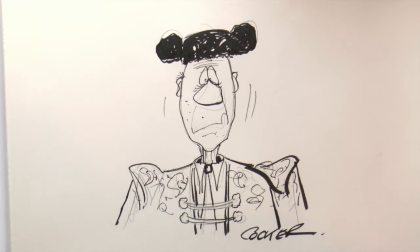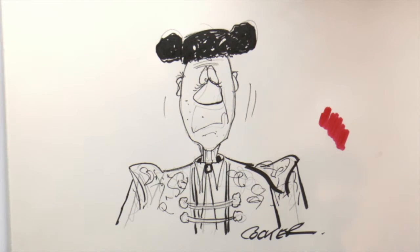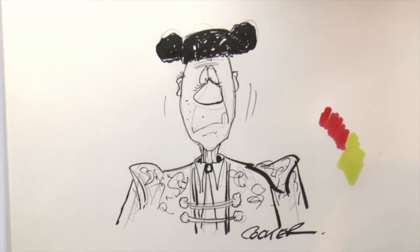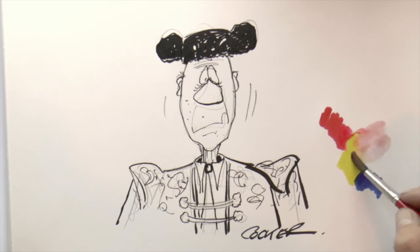And now what we'll do is we'll mix up. I'm using magic markers here, which you can buy in any art shop. So I'm adding red, yellow. I'm now going to add a bit of blue. And with these three basic colours, I shall add a bit of water, and as you see, just mixing the two together,